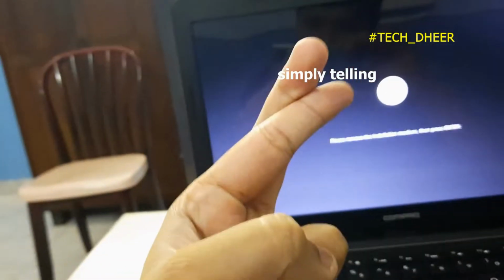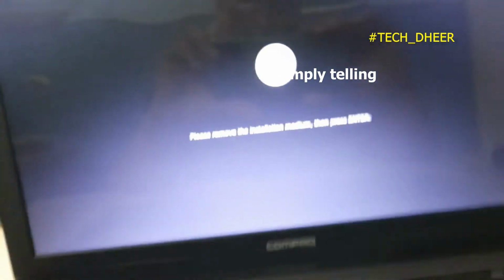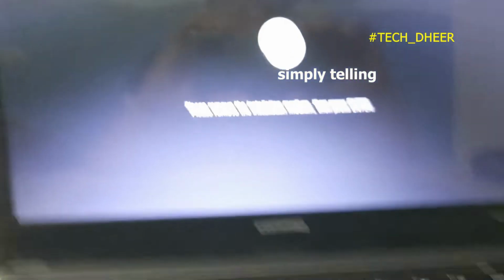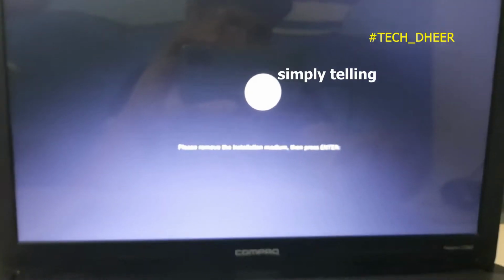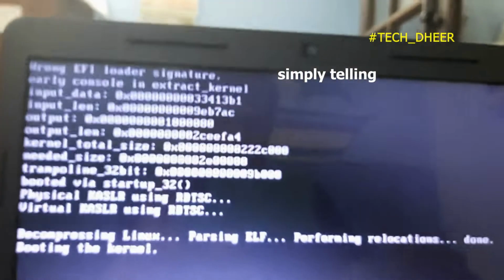Remove your pen drive, hit enter, and you can see it is booting.